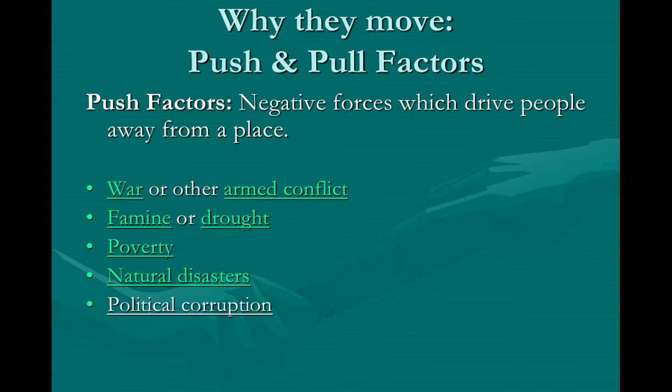Political corruption. Perhaps they are living in a country where the leadership does not have stability, where there is a dictatorship or corrupt forces. They would be moving out. Again, that's a negative force. And then religious intolerance. So I think about perhaps in 1620 when the Pilgrims left England and came over to the United States. There was religious intolerance of their religious values.